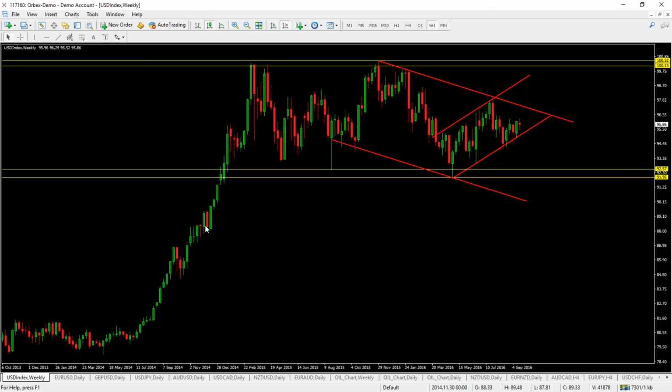Okay, so looking first of all at the US dollar index, and we're on the weekly chart here, and you can see that we have some really clear technicals carved out. So first of all, we're still trading in this range which has lasted since late 2014 now. So we obviously have the big double top at the 100 level, which is providing clear resistance for the range, and then clear support at the low end at this 92 level, providing the bottom end of the range.